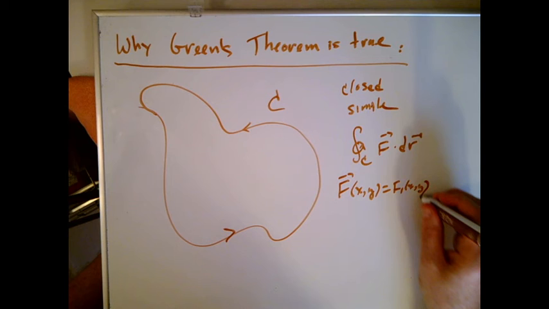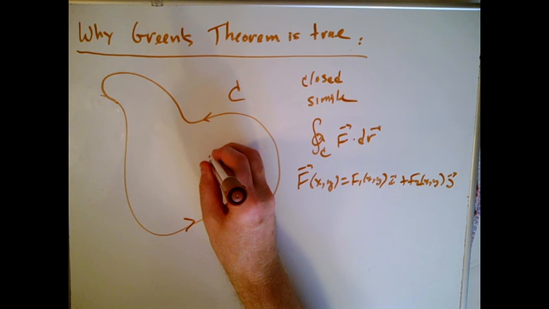Now, we want to do this the fundamental theorem of calculus way, and you would think we would chop the curve up into little tiny pieces. We're not going to. What we're going to do is, way on the inside somewhere, pick a very small rectangle. And we're going to calculate the work done by our vector field going counterclockwise around that little tiny rectangle. It'll be amazing actually how this works. Let me blow up the little